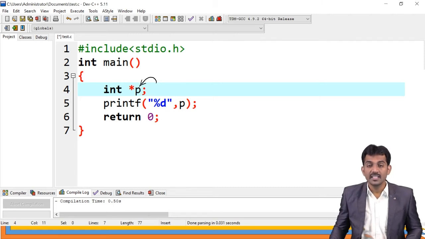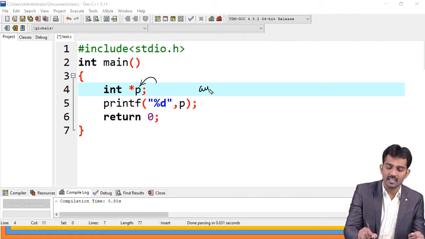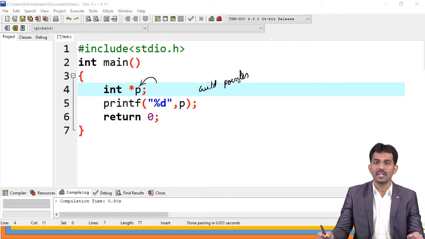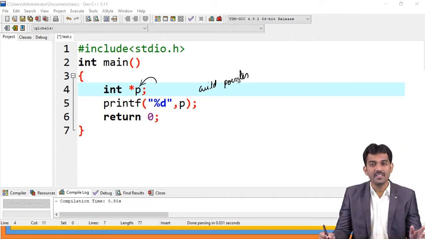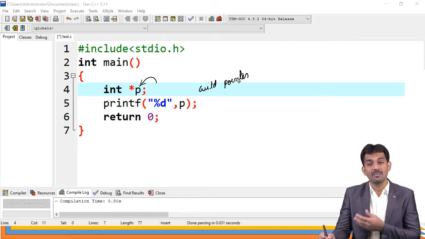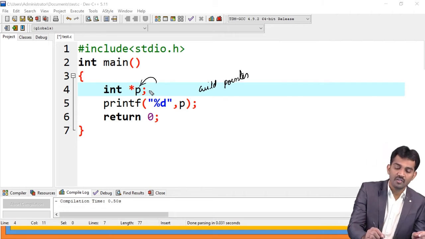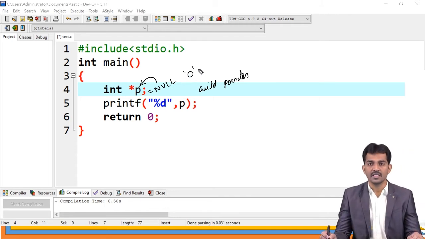But if you forgot, or if you use it like this, please note this. This kind of pointer is called a wild pointer. Now I'm going to show you an example. You didn't assign anything, not even NULL, then that kind of pointer variable is called a wild pointer. Wild means it is going to retrieve some unnecessary memory, some ambiguity as well as some garbage values. It will retrieve various values based on the system. But if you assign NULL, in any compiler it is going to give the value 0. Please note this. That is the difference.